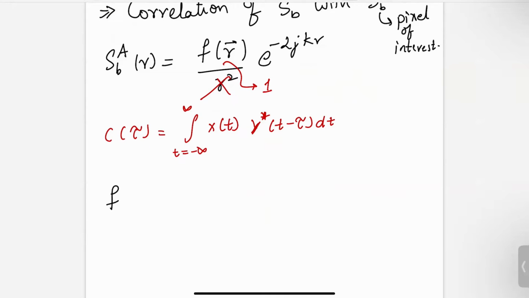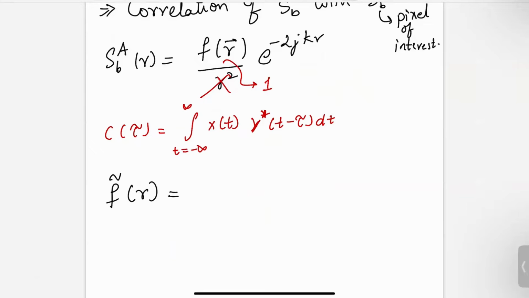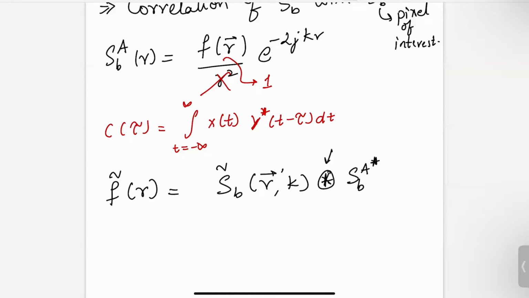So at my desired pixel of interest, f tilde of R is given by the correlation between SB tilde, which is the measured signal. So this is a symbol for convolution, SBA conjugate. So when I take the complex conjugate, that becomes correlation. My bad. So this is correlation. So you take correlation between this and the estimated signal at pixel R. Right? So that tells you how similar the measured signal is to the signal that you estimate from this